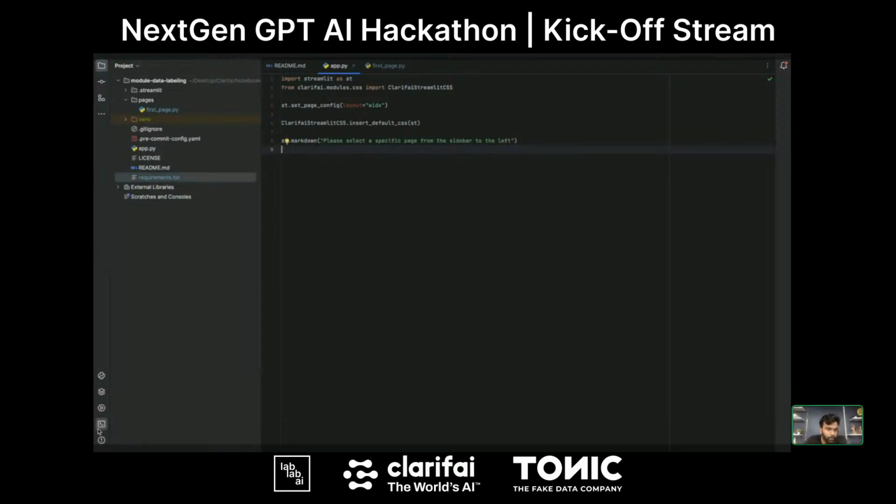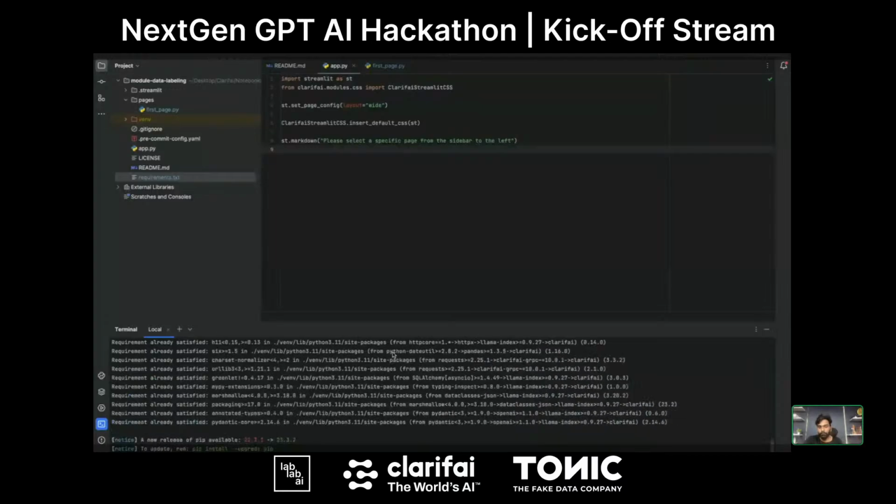So you can go to the terminal and install all these libraries. You can just do pip install clarifai. You can see the requirement is already satisfied. Similarly, you can install other libraries. For this use case that I'm building, all the libraries I required are Streamlit, Clarifai, and the pillow library. But when you're building your own application, you can install the libraries you're trying to use in your app.